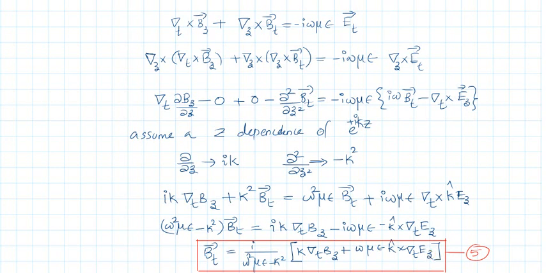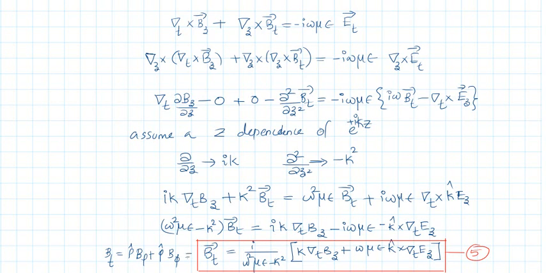So once you have the solution of Ez and Bz, you can find Bt also. Bt means B rho and B phi, because Bt is nothing but rho cap B rho plus phi cap B phi. So Bt is a vector. It will have two components. Rho cap component will give you the value of B rho, the magnetic field along the rho direction, and phi cap component will give you the magnetic field along the phi direction.